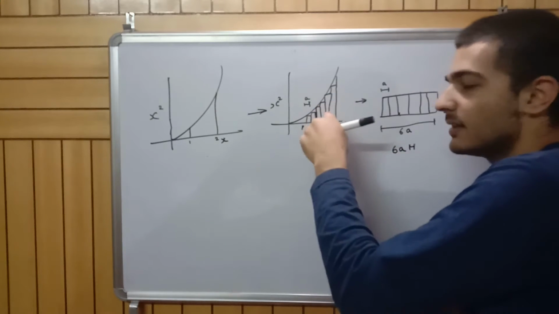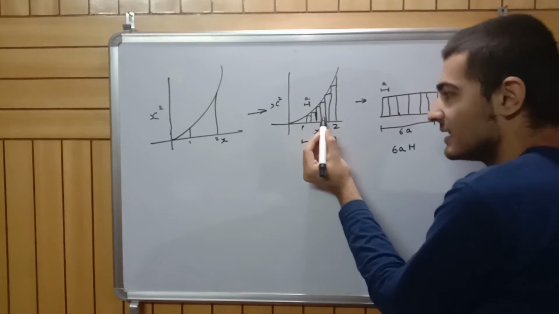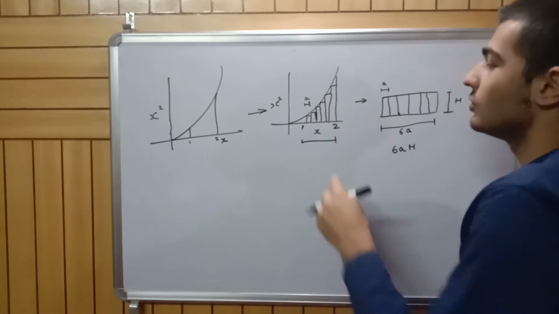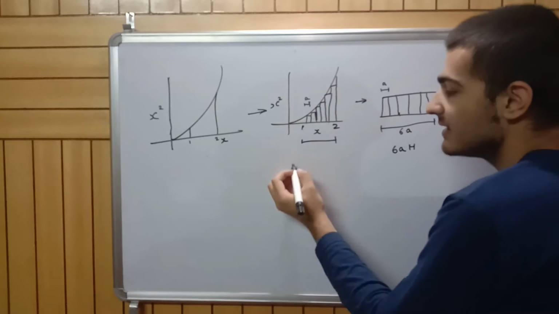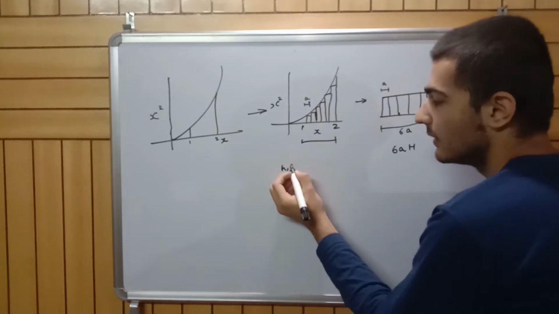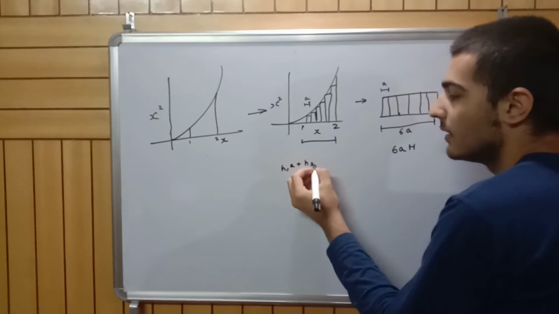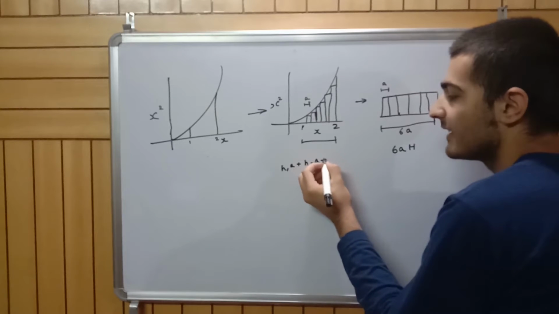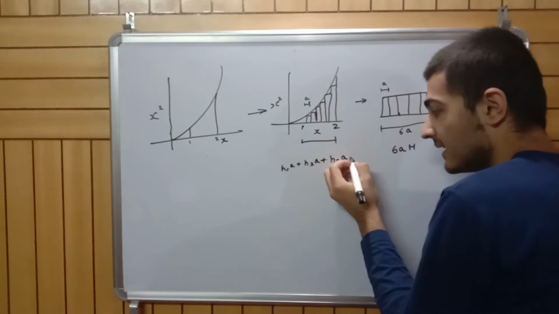And the area of the rectangles here is simply the area of this plus this plus this plus this plus this plus this. So what is the area of the first rectangle? Well, it is the height of the first rectangle, h1, times the width a, plus the height of the second times a, plus the height of the third times a, the height of the fourth times a,